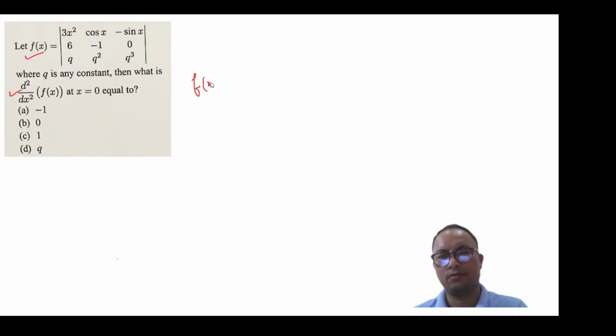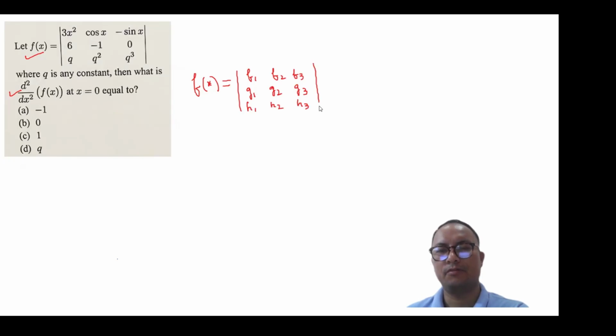We have a rule here, a property. Otherwise, you will be facing a lot of problems solving this question. Here is one property. Start with f1, f2, f3, g1, g2, g3, h1, h2, and h3 as the functions in the determinant. Now, if you find the derivative f prime x,